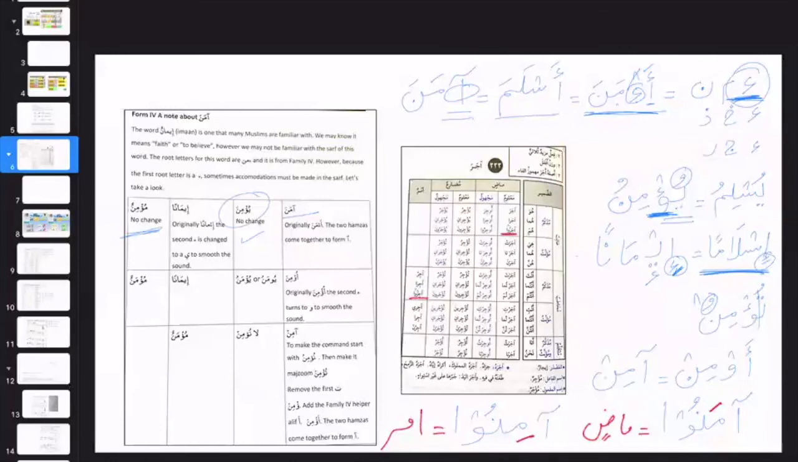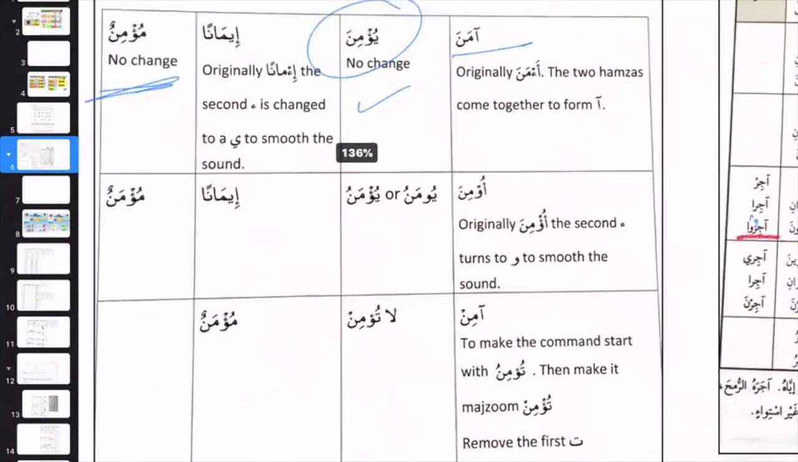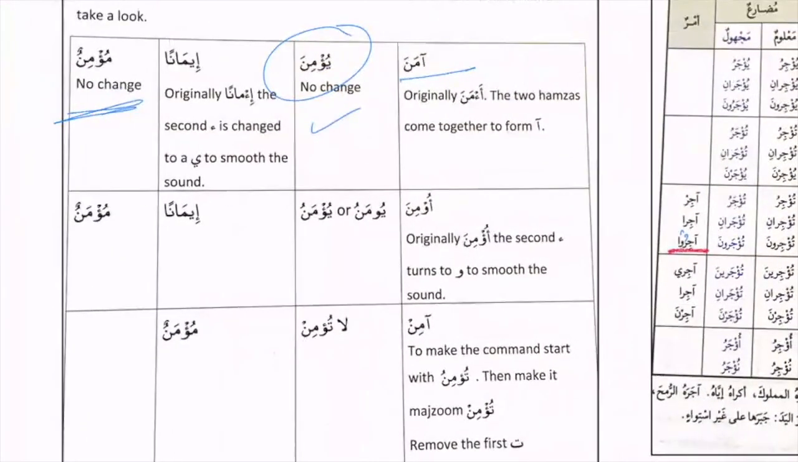So this is our majhul, madi majhul. Since we need to bring the u sound, with u will come our waw. So we will say umina, and then yu'manu. Okay, and both ways we can write it: either with the hamza over here, or even if we write without hamza, it's fine. Yu'manu or yumanu. And then we have imanan,